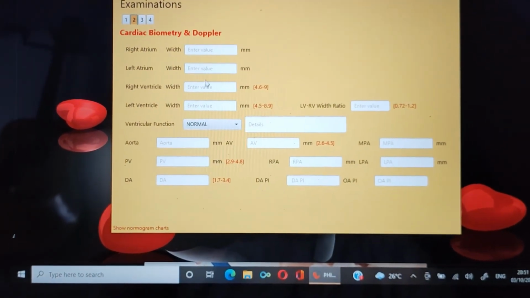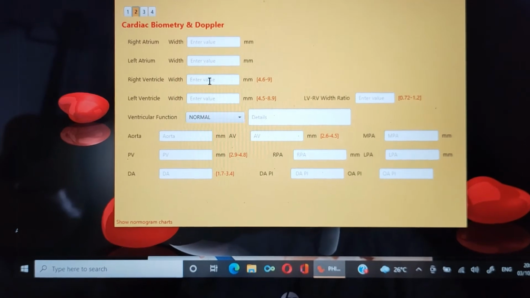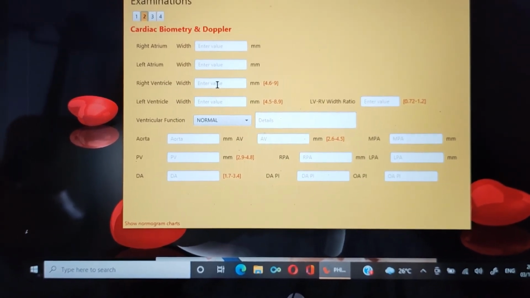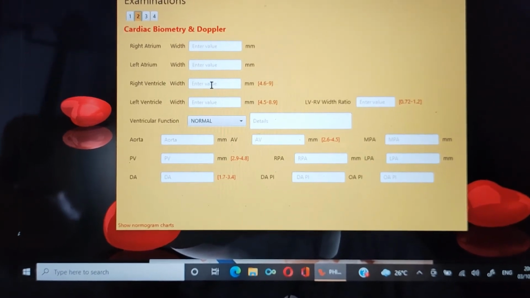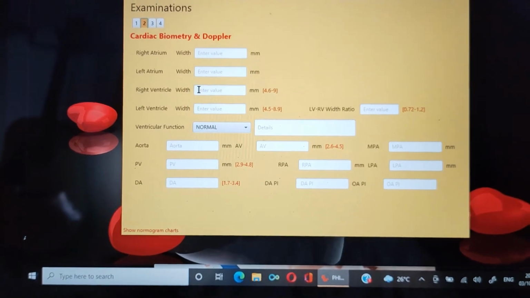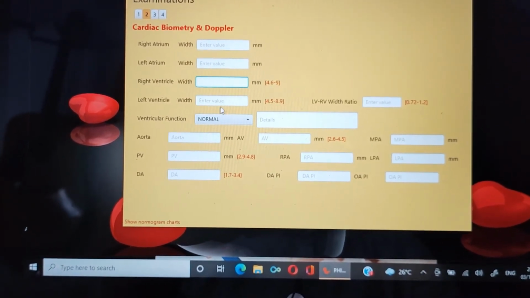And the second, you have measurements. Once you have taken the LMP and calculated the weeks of gestation, automatically the normal value comes in the bracket. So when you type it, you know that it is abnormal or normal.